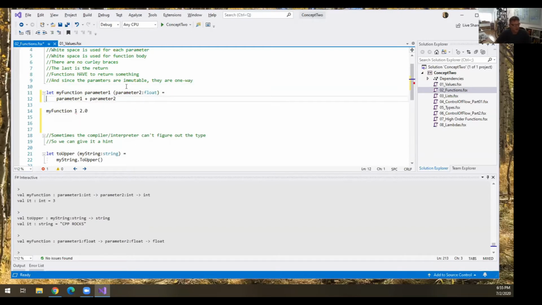I'm running this. I've made parameter 2 a float. Anyone want to guess what parameter 1 is? Because it assumes you know what you're doing, and it assumes that you know that you can't add an int and a float together. And because you've already declared this, it's like tie goes to the runner in baseball. Okay, that's a float, so this has to be a float, so the result has to be a float too.